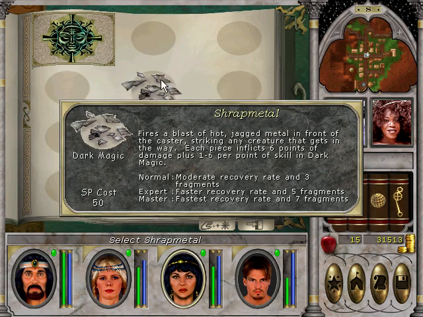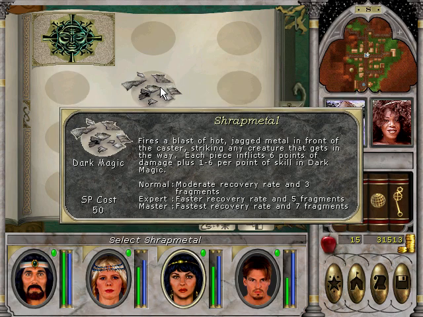Well, the reason why I like it is not because it costs 50 spell points, but it actually works the same way as Fire Blast does, but it deals more damage. It deals basically twice the amount of damage that Fire Blast deals, so it's basically the best shotgun spell in the game. And another reason why Sharp Metal is so valuable is because